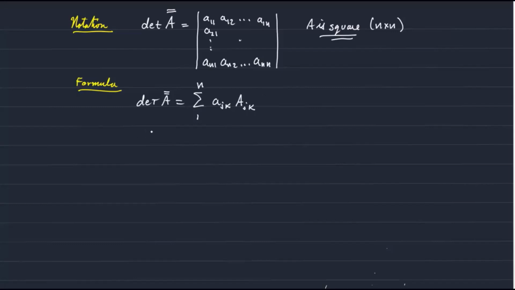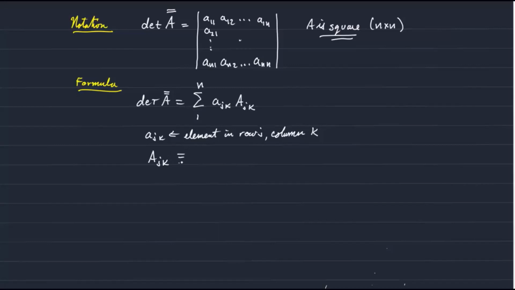So little a_jk is just the element in row J, column K, whatever J or K may be, and capital A_jk